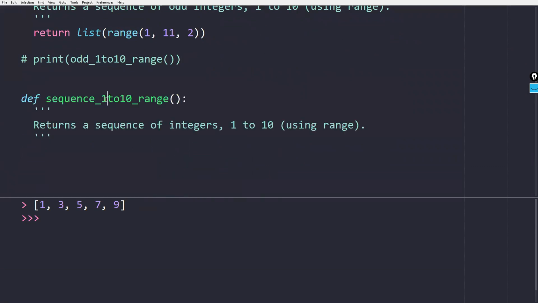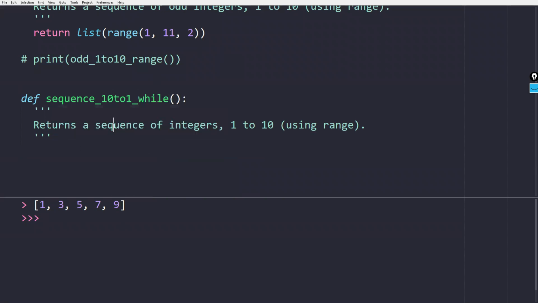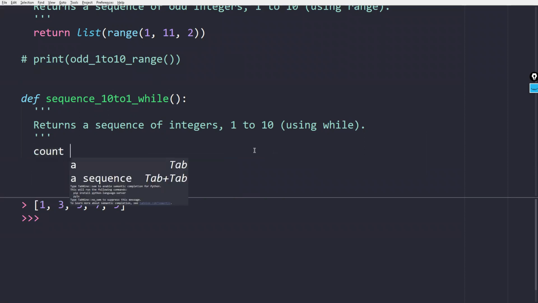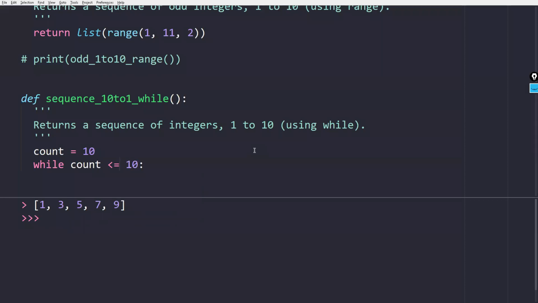So sequence from 10 to 1 using while loop. And if you're using while loop, you could easily start with 10. So count is initially 10, and while your count is, say, greater than 0